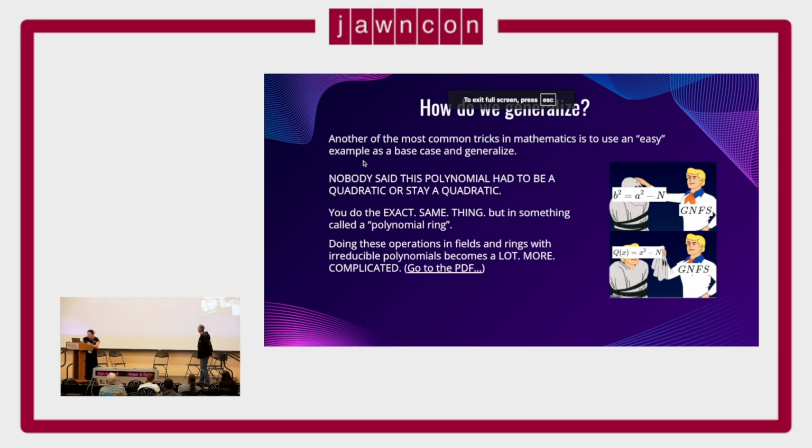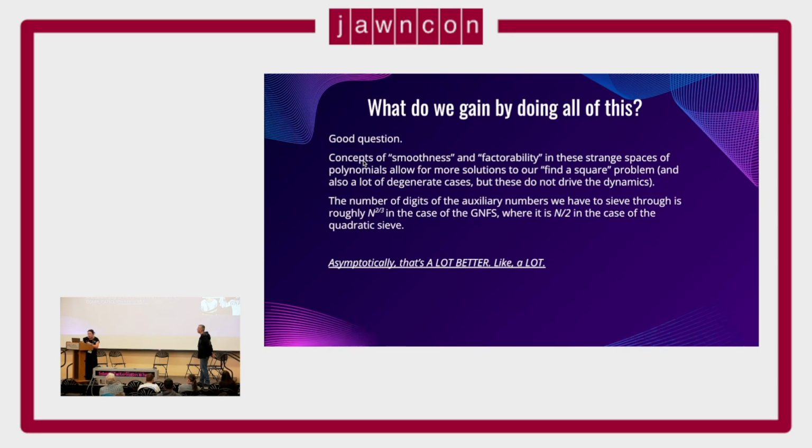We're going to go back to where we are. The whole point being that once you generalize out of quadratics, it gets really hard. And I owe it to you to prove that this is more efficient than any of the other algorithms. It turns out that for the quadratic sieve and the general number field sieve, the number of digits of those squares that we have to find is roughly n to the 2/3,